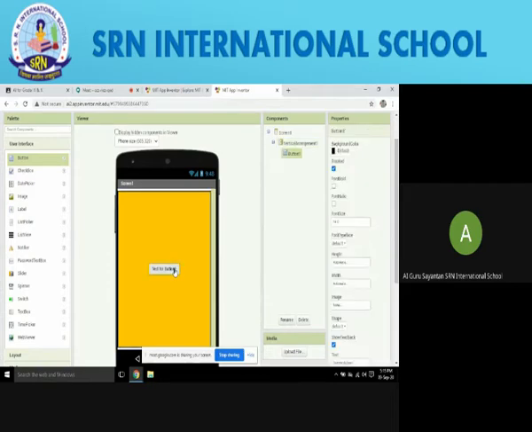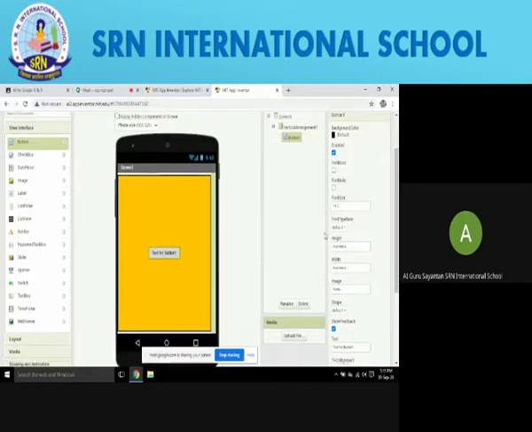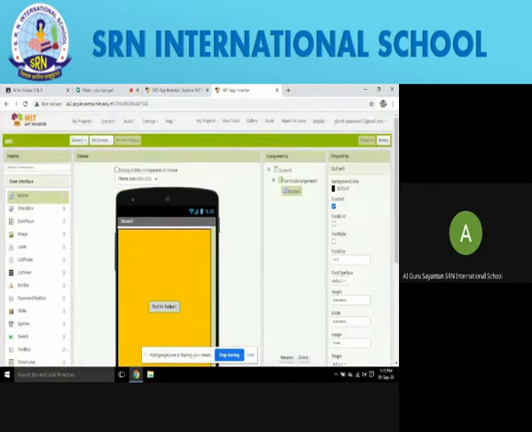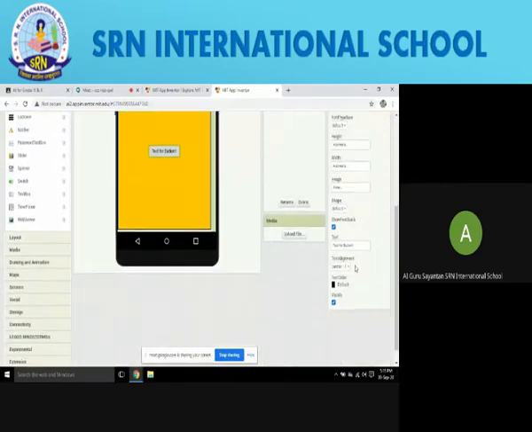Okay. So now we will be doing another thing. We have taken a button, and now we will be editing the button so that it looks like an application's button which needs to be clicked or something else. So first of all, we will select button and we will go to properties. Change the text which is written over the button. We will write click to change BG color. That means click to change the background color.